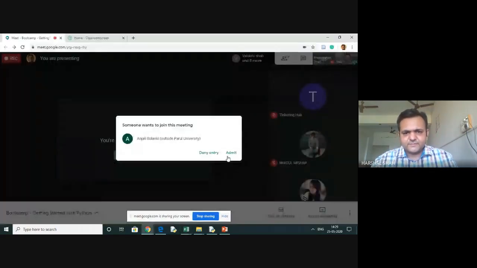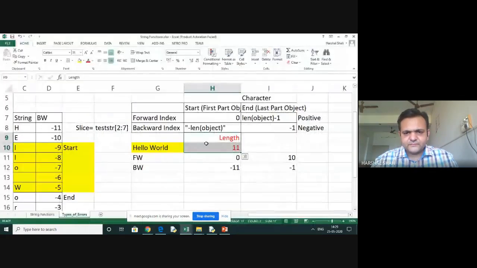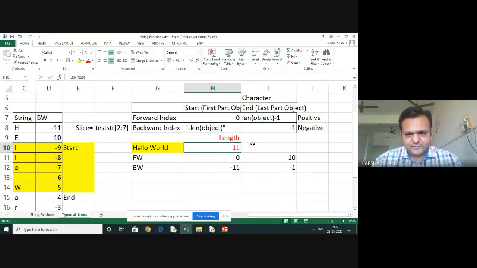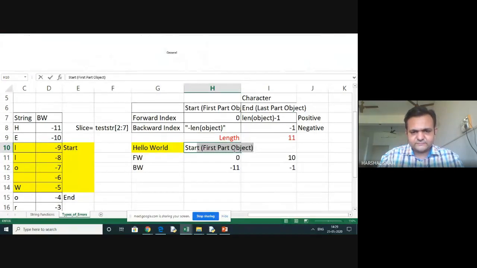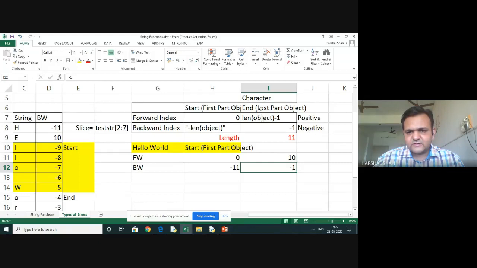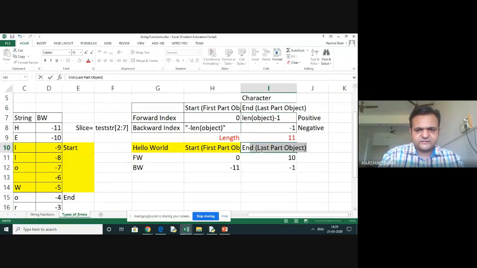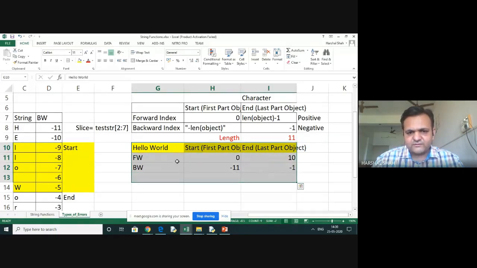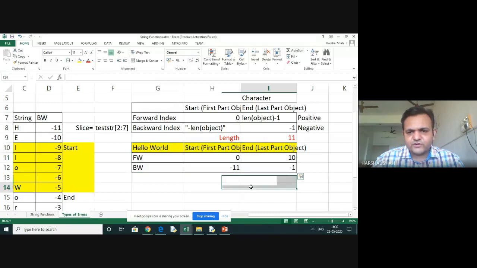So this is length and this is the indexing. Index start. So length is, let me just put it over here and say this is a start. Right, first part, and this is the last part. So here I'll say this is the end, that is the last part. You can see that for hello world, you have seen how it is computed also.